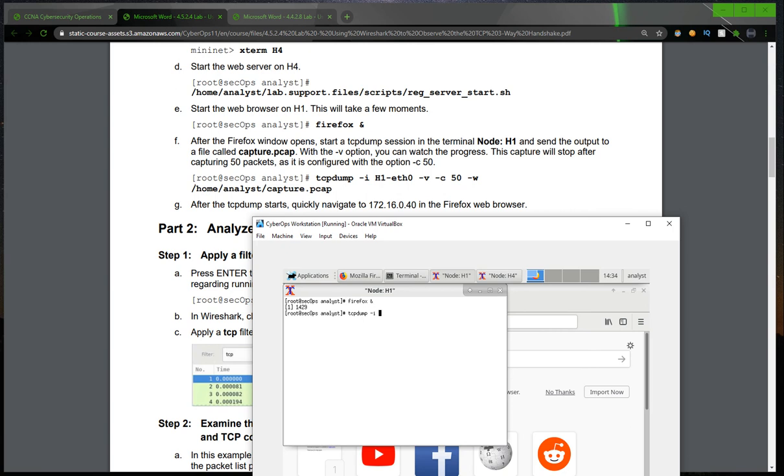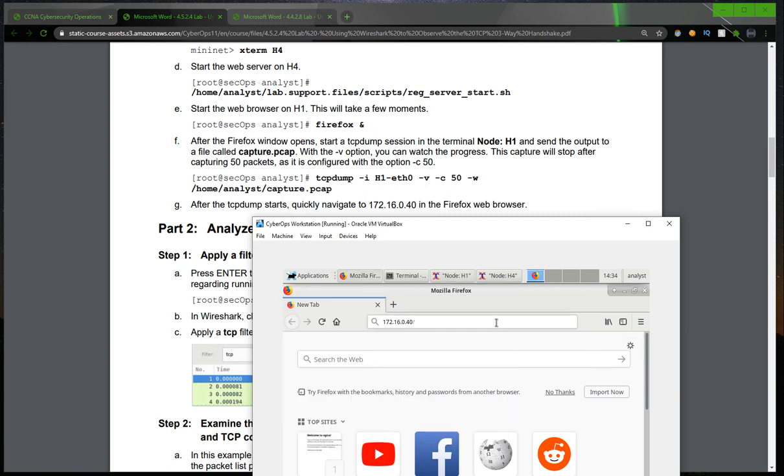For that we will use the command tcpdump -i h1-eth0 -v -c 50 -w, and now type the location where you want to save your file and name the file capture.pcap, and press enter.